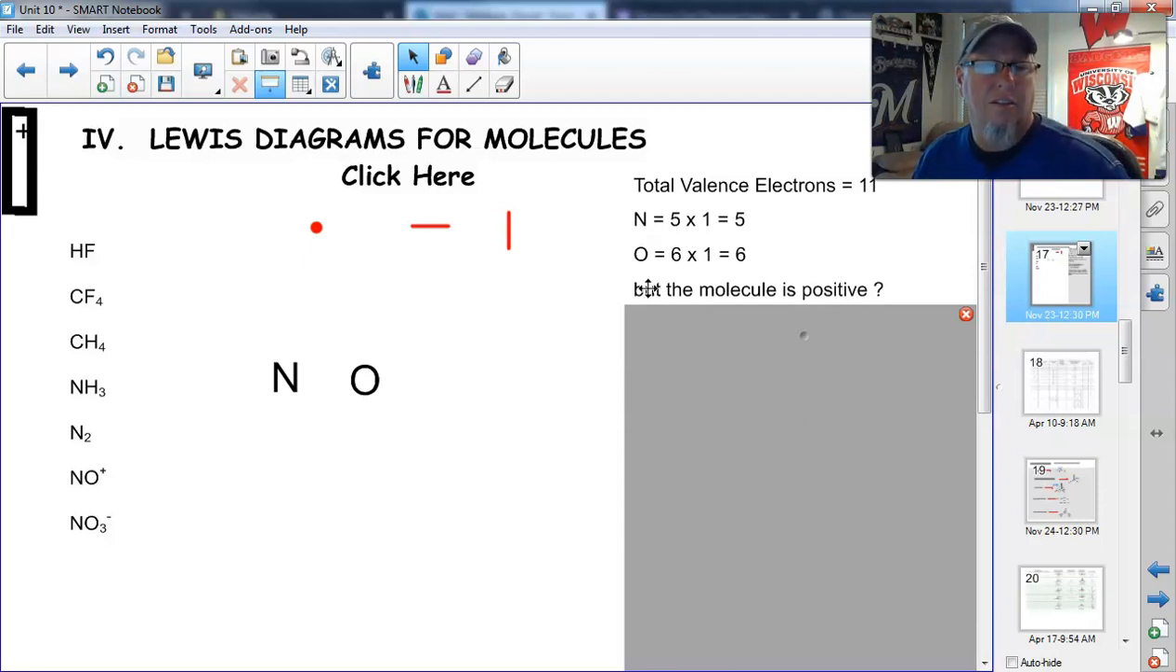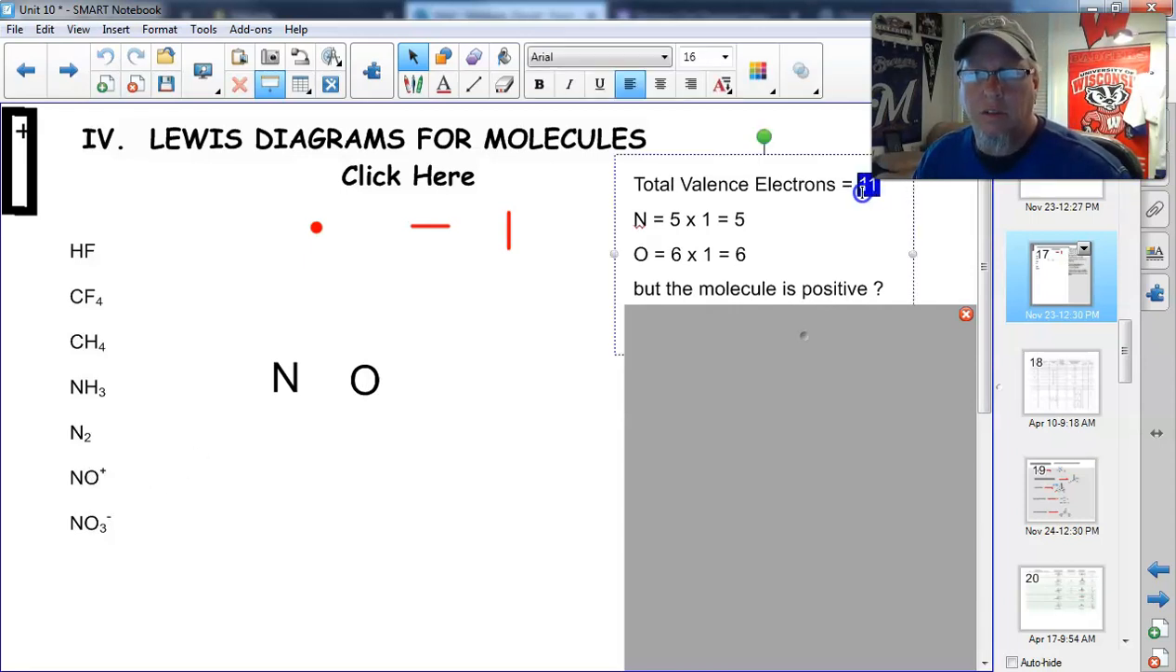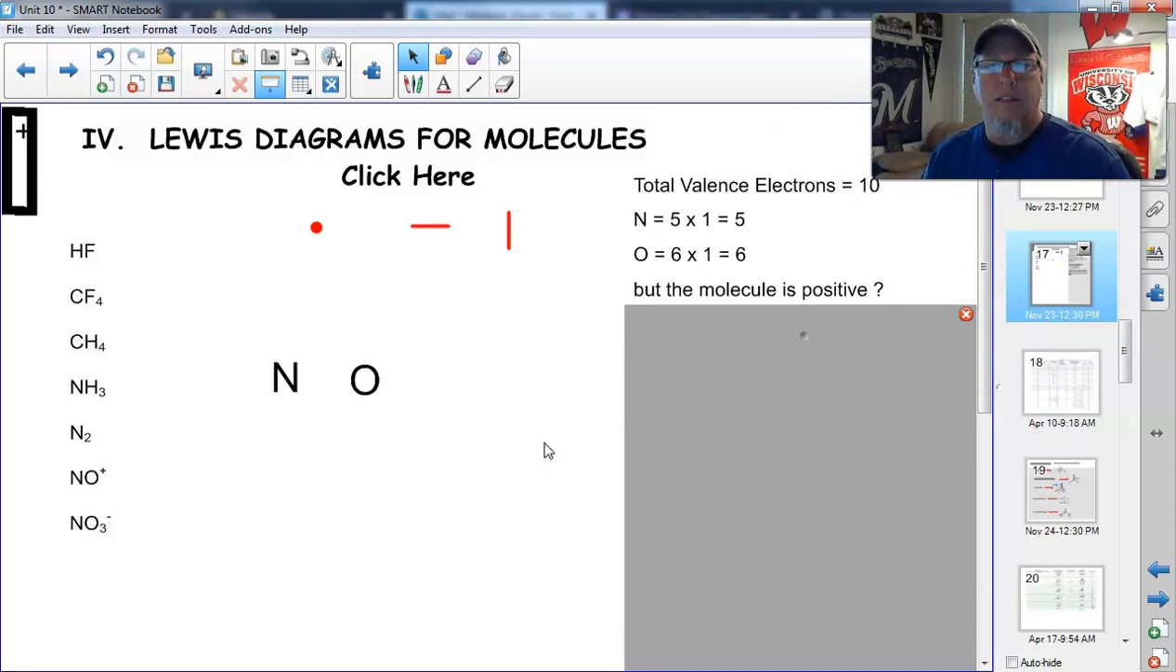So I'm actually not starting with 11 because it's a +1 charge. I'm actually going to be starting with 10. Not 11. And it's because of that plus charge that's on it. So this problem actually works out to be super similar to the one that I just did, where if I